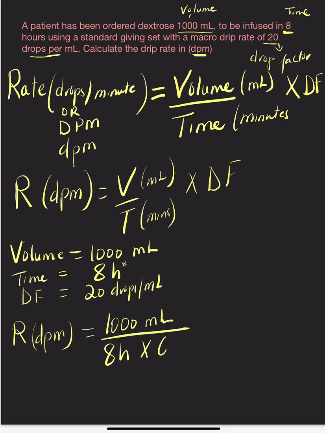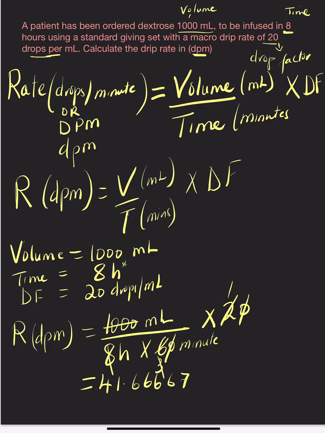We multiply by 60 just to change the hours into minutes. And then you multiply this by your drop factor, which is 20. If you choose to use your calculator, it's okay, but either way you should be able to get the answer. You can divide 20 by 20, here is 1, and here we'll get a 3. Then if you divide this, and there are 1,000 of them here, you end up with your answer as